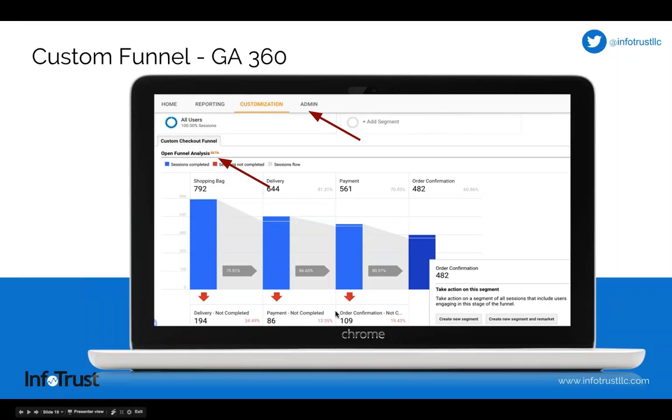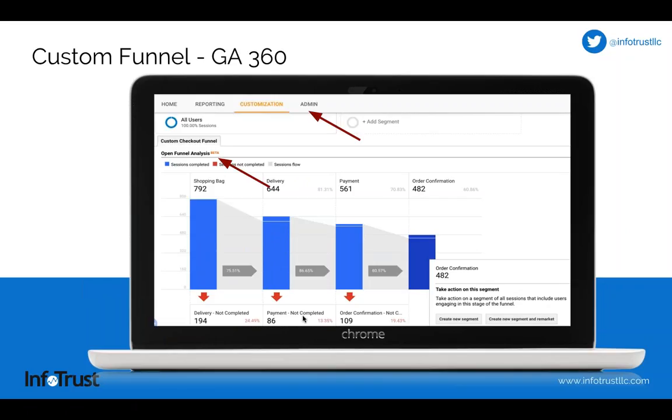So if you have a custom checkout funnel or you have multiple checkout funnels, depending on device or location, or if a user is logged in or not, you can actually visualize those different funnels separately. Instead of trying to come up with one catch-all checkout funnel or shopping funnel, you can actually make multiple ones. Maybe you just want to see users that land on a particular landing page. Do they make it through to the next page? Do they ultimately add to cart and buy?